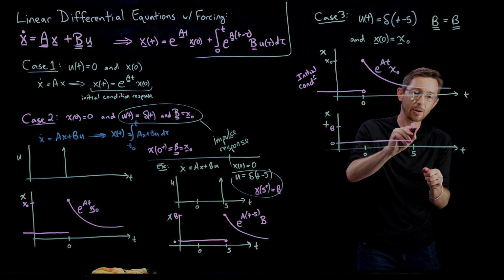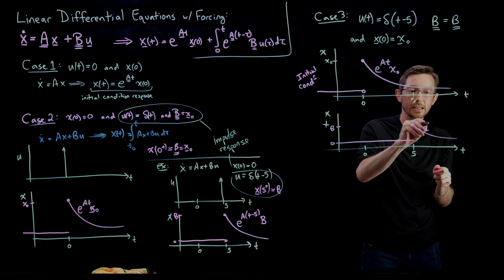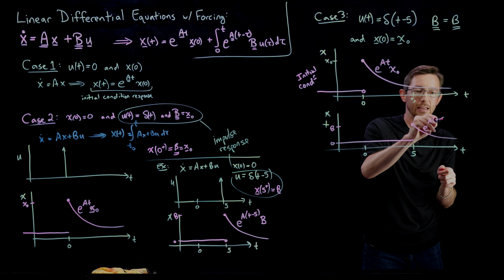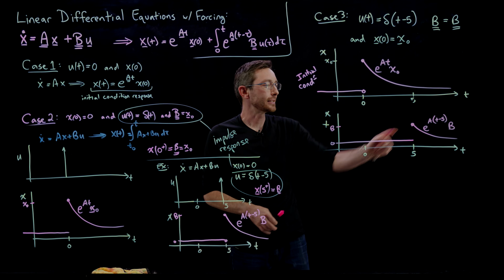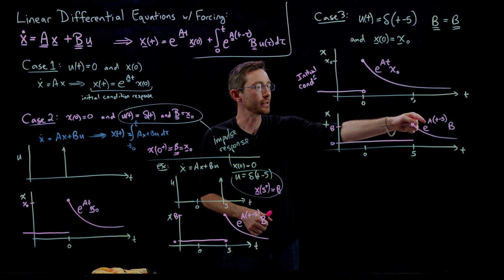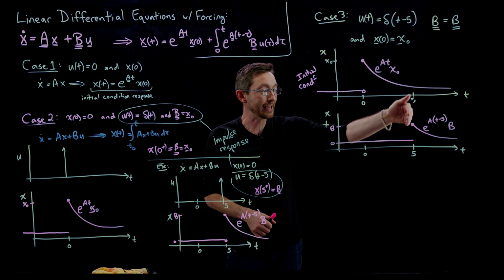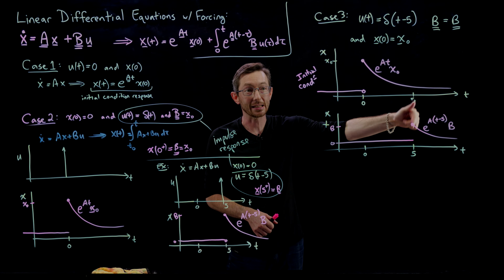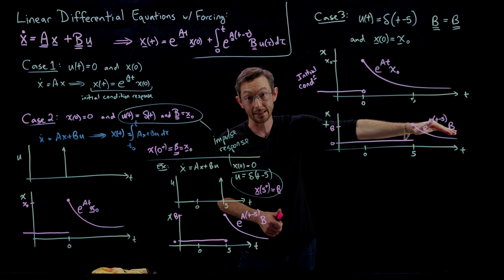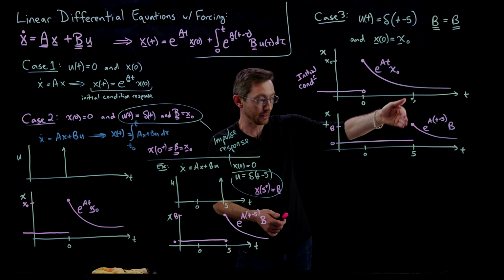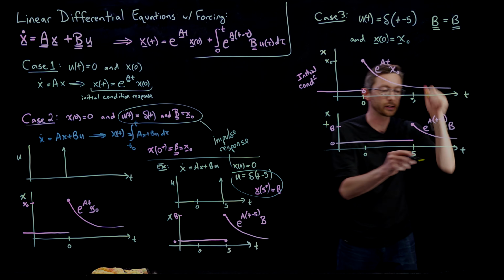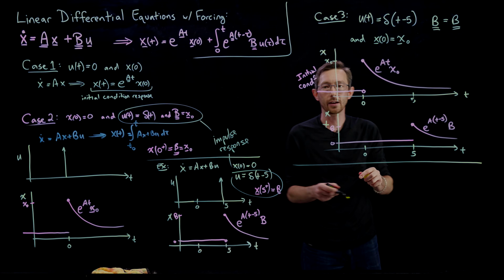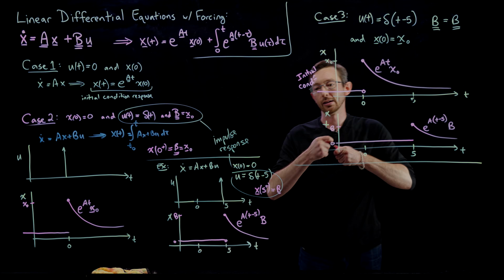And then my response afterwards is e to the a(t minus 5) times b. And it's t minus 5 because my decay starts at time 5. Whatever my dynamics e to the at are, they start at time 5. So it's t minus 5 here. And so I claim that my full system response, and this is my impulse response,